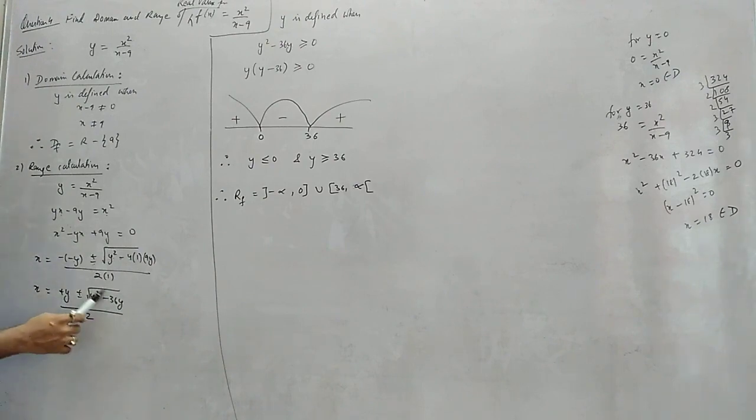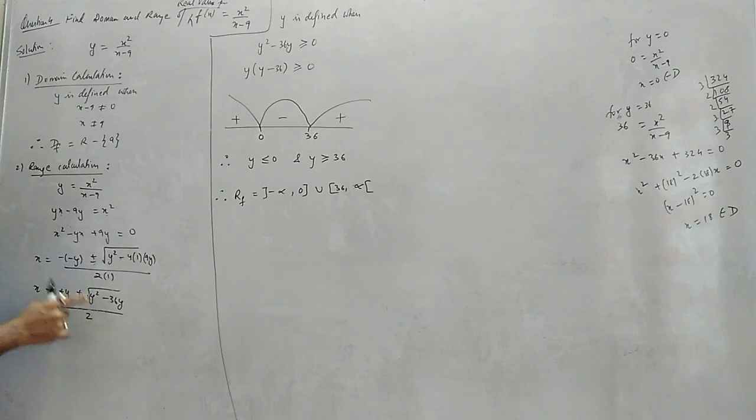Now you have to see where this x will be undefined. When will it be? First, it is something by something, so you will see the denominator. Now check out the denominator. There is no y, only 2. That means the denominator can never be 0. Clear? Understood? And we have a root term here. Normally we are supposed to get a y in the denominator also, so this question is a bit odd type, where students get confused. If there were a y, then y cannot be 0, that would be one case. Next, the term inside the root must be greater than or equal to 0. Since we don't have any y here, there is only one term.